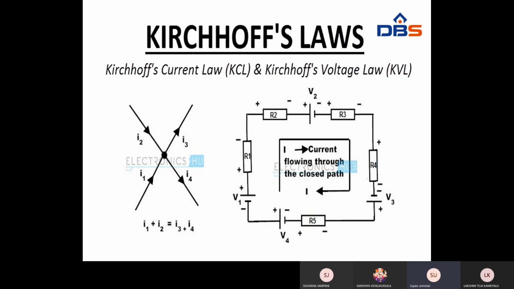Another case: when you go from plus to minus, that is a drop of potential, from positive to negative. It comes down, so we put a negative sign. But when you write down this equation, the algebraic sum of the voltages must be equal to 0. Here, minus to plus, it is V1. Because there is no change, we write the voltage only, so we generally put V1.